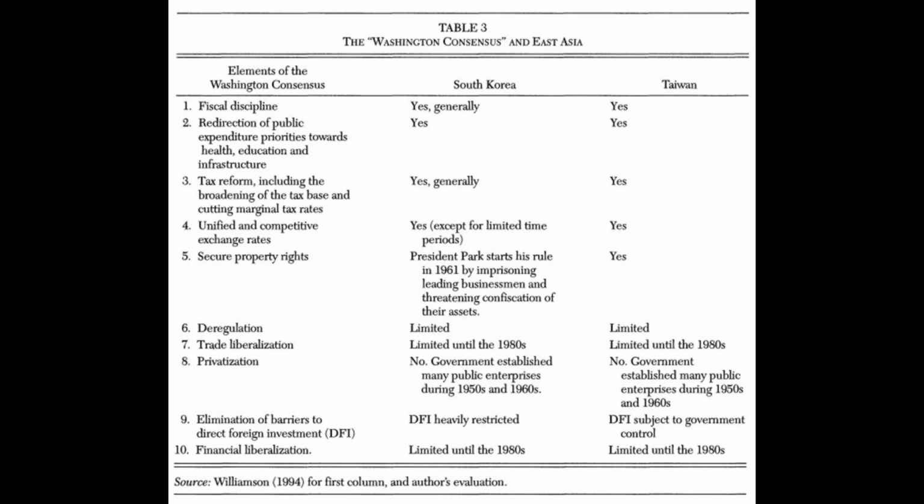And as Rodrik himself illustrates in his table, they did in fact reform, with significant privatization and trade liberalization and financial liberalization in the 1980s. The point, though, is that when you actually look at even Rodrik's own analysis, it shows that South Korea and Taiwan did follow many of the recommendations of the Washington Consensus, and those that they didn't, they began to implement later on as they reached middle income status, and those things became more important. So I actually think that the cases that Rodrik presents provide support for the claim that the institutions recommended by the Washington Consensus and similar policy sets are in fact important for economic growth.